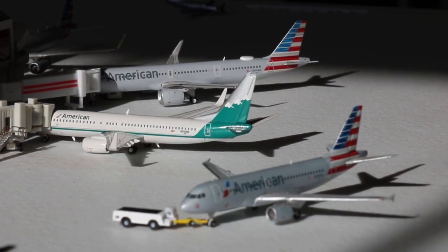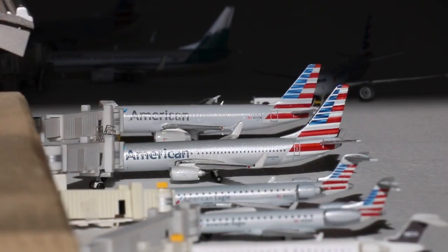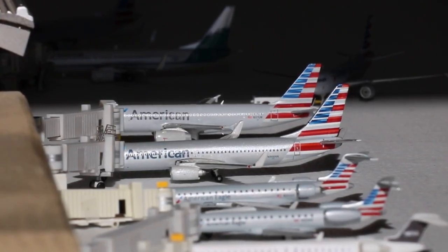Next up, we got the American Airlines 737-800 in the Reno Air Heritage paint scheme. This guy's currently arriving in from San Antonio, Texas, and he'll be taking it over to Ontario. And here's another American Airlines Airbus A319, this one with fence tips. Arrived in from Mexico City, and now doing a domestic operation out to Ronald Reagan National Airport. Got an American Airlines Airbus A320. This guy's currently arriving in from San Antonio, which has been one of the A320 flights, and he'll be heading